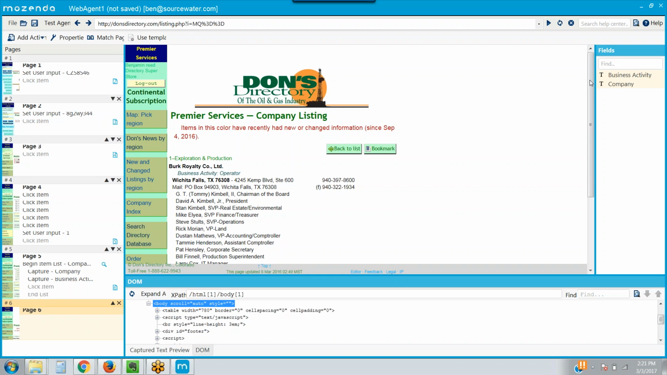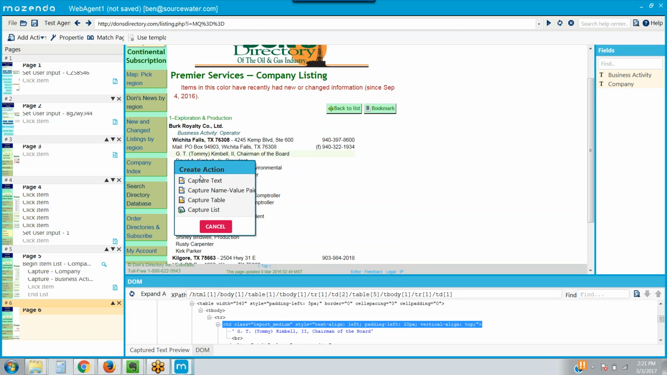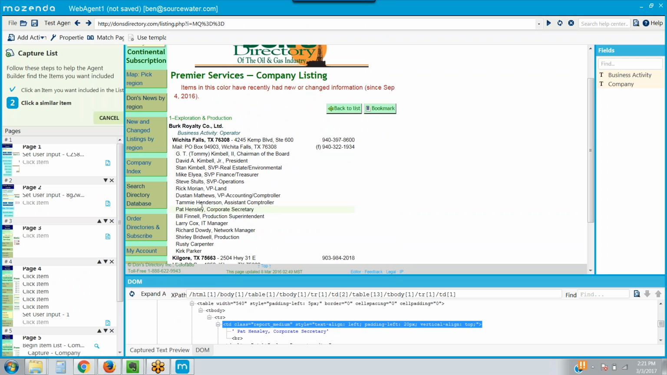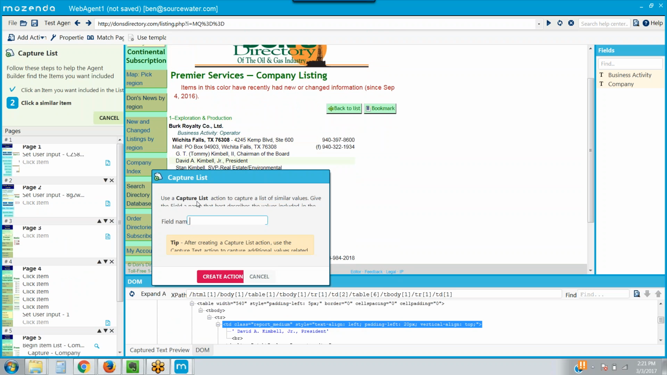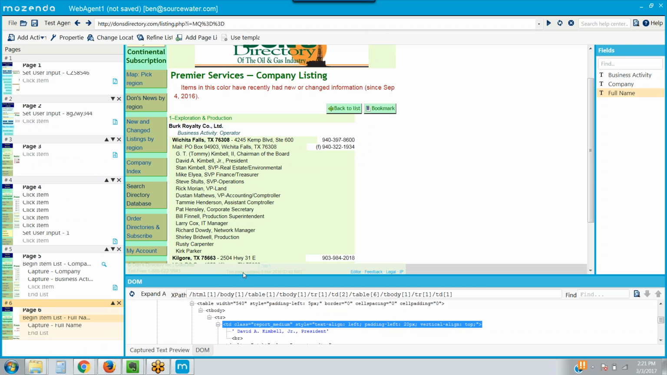And so then at this point, I think we agreed that we were going to do a capture list again. And then we're just going to do this guy. And we're going to call that name, full name. And we'll create action. At this point,